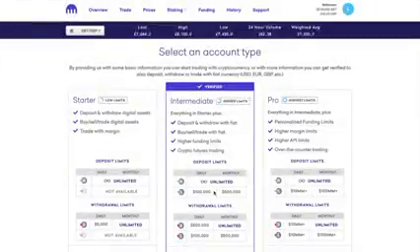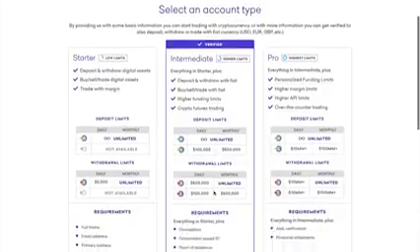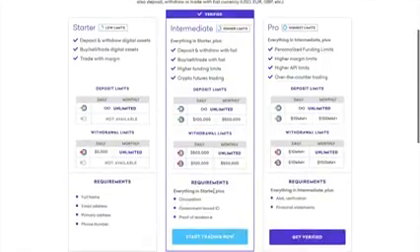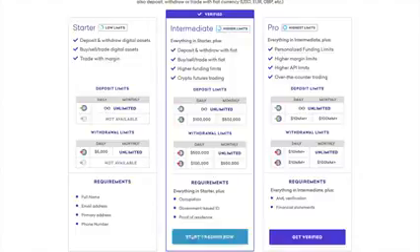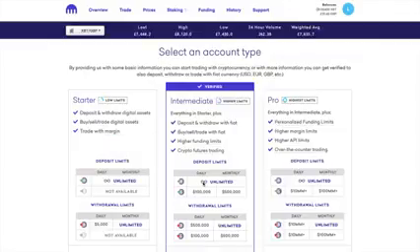And there are different levels of verification here, depending on what you want to trade. And if you want to trade with fiat, for example, you'll need to provide government ID and proof of residence too. And the first thing that I'd personally recommend before you start funding your account is setting up two-factor authentication